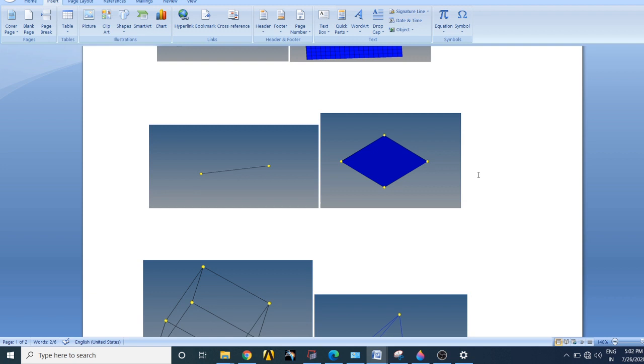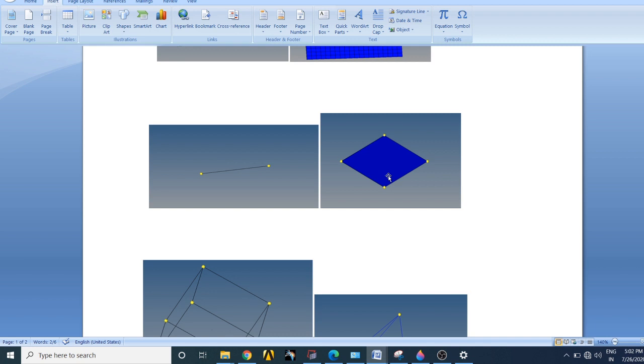Now coming to the 2D elements. There are two types of 2D elements. One is the tria element, another is the quad element. I didn't show the tria elements here. We will discuss tria elements in the Hypermesh tool. Now we will discuss the quad element. This is called a quad element, as you can see on the right side. In the quad element, we have four nodes. As you can see, one is here, another is here, one more is here, and another is here.